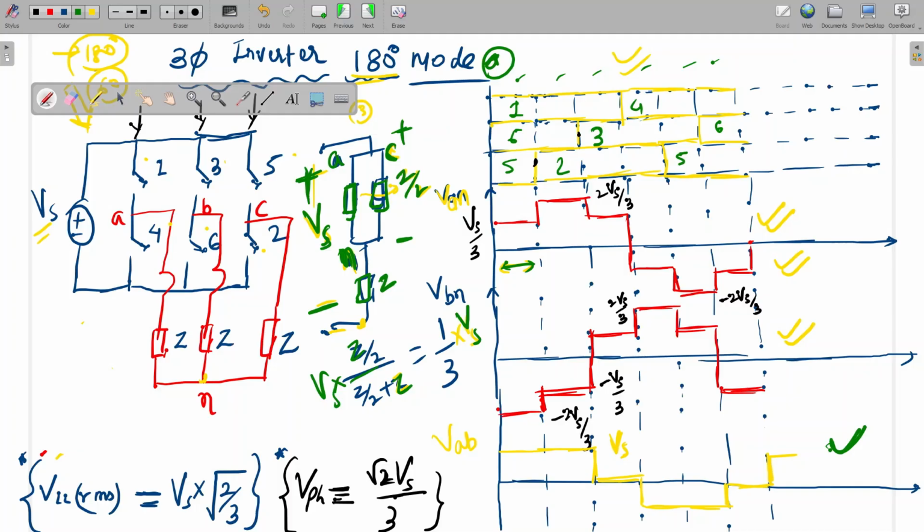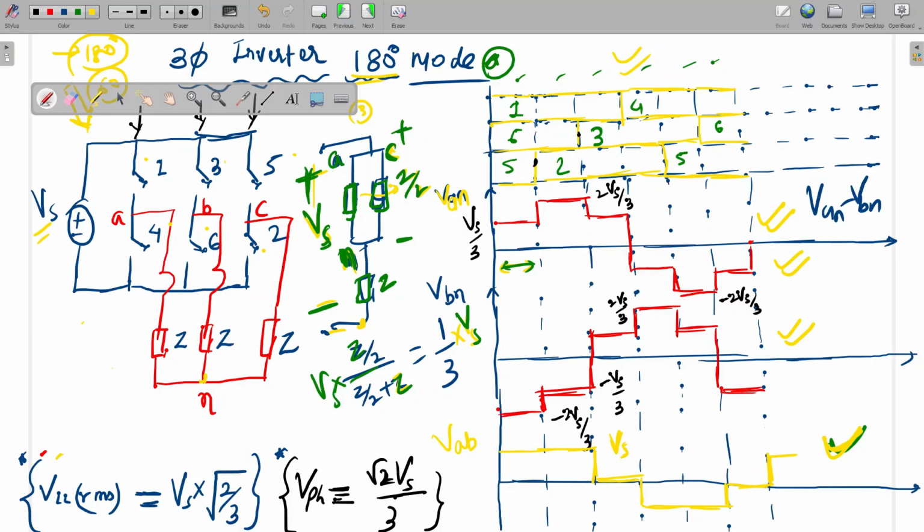See, this voltage I am subtracting from this. So VAN minus VBN. Here it is Vs by 3, here it is minus 2 Vs by 3. So it will be 3 Vs by 3, that will be Vs. If you see here, 2 Vs by 3 plus Vs by 3, here also it will be Vs. But from here to here, this is 2 Vs by 3 and this is also 2 Vs by 3. That will cancel and make it 0. So this is our